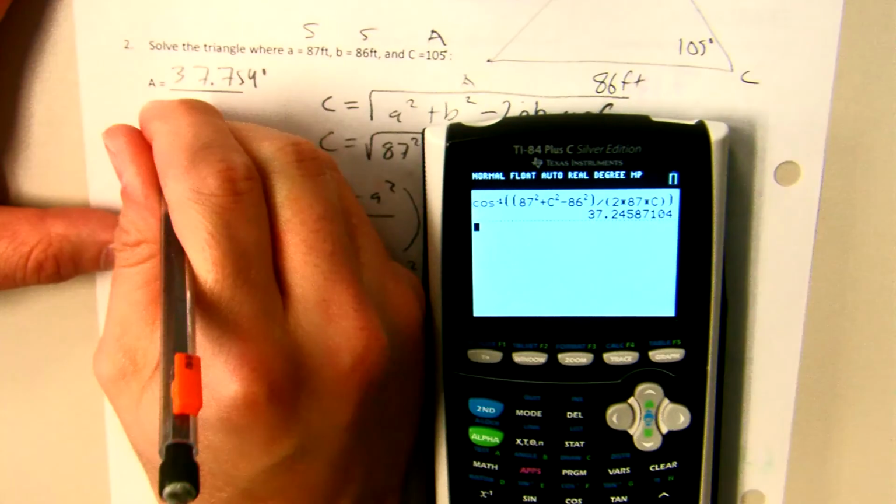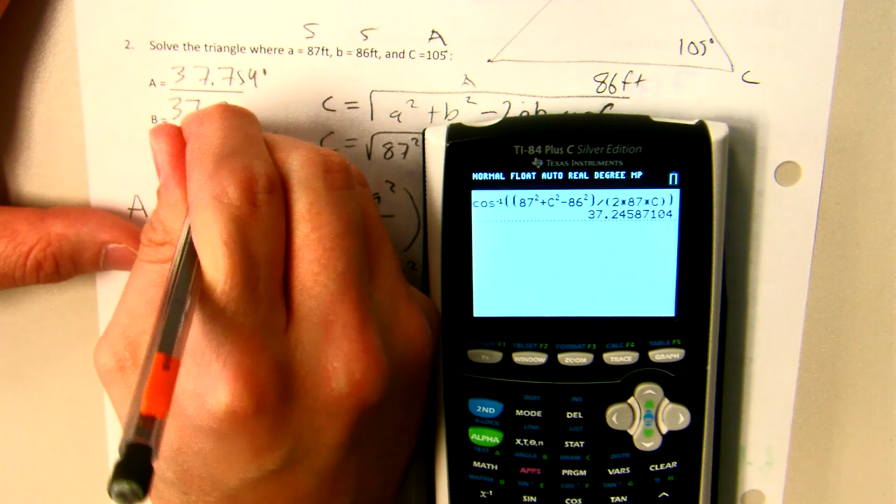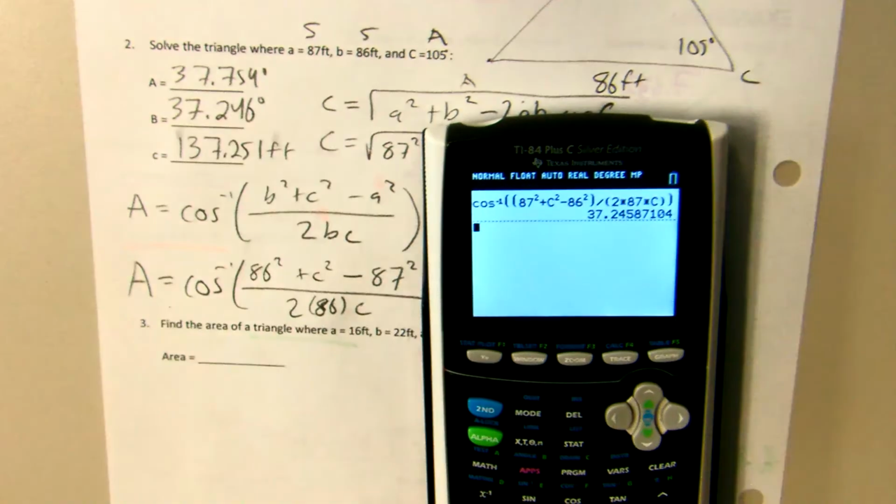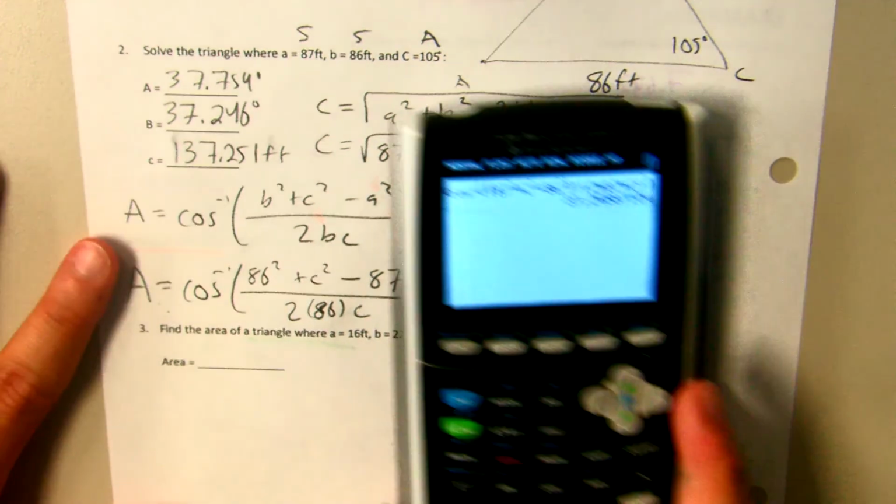Okay, so that's not as quick as just subtracting from 180, but it's also not that long if you really know the formula and you're proficient